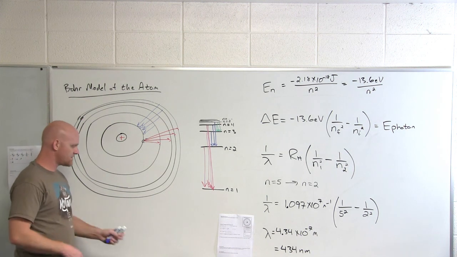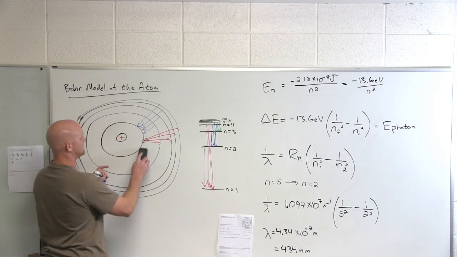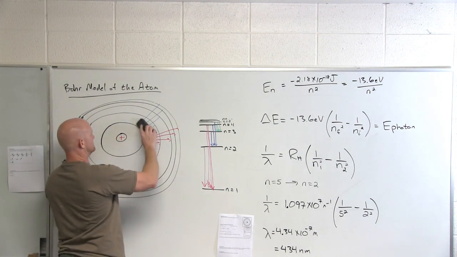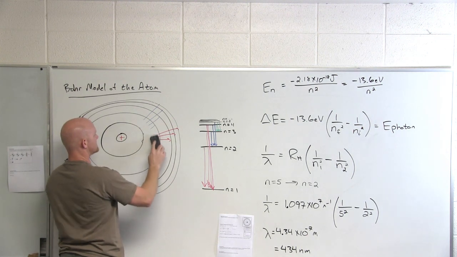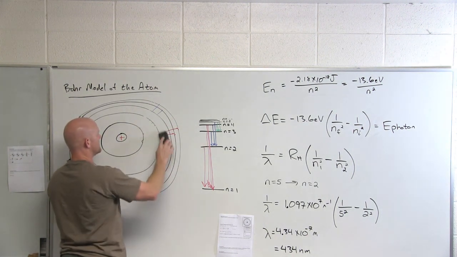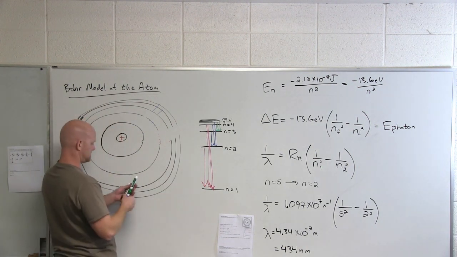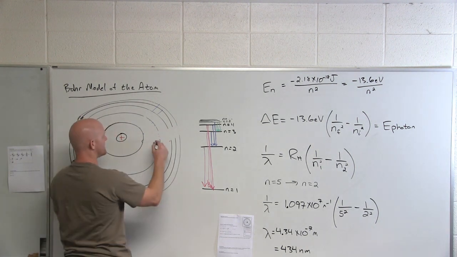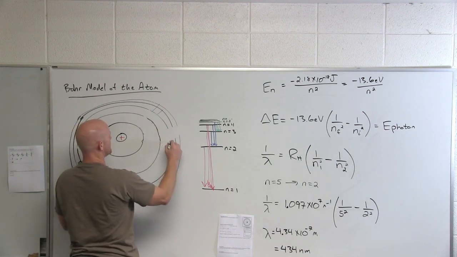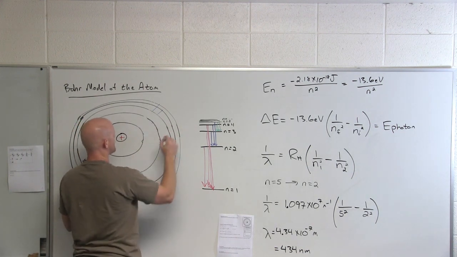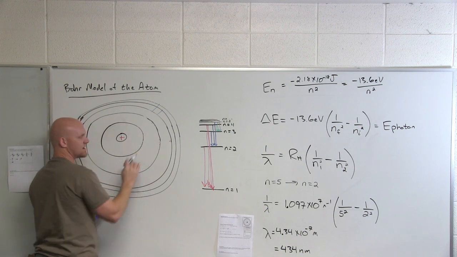Cool, so something else we can do with this is emit X-rays. Let's take a little bit different approach to emitting X-rays here. So if you take something larger than hydrogen here, and let's just pretend that Bohr's model is correct. It's an easy model to look at, even though it's not technically correct.